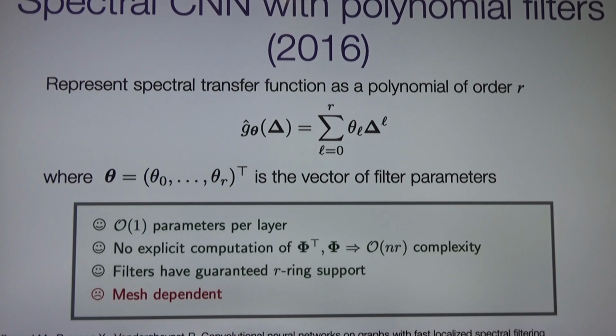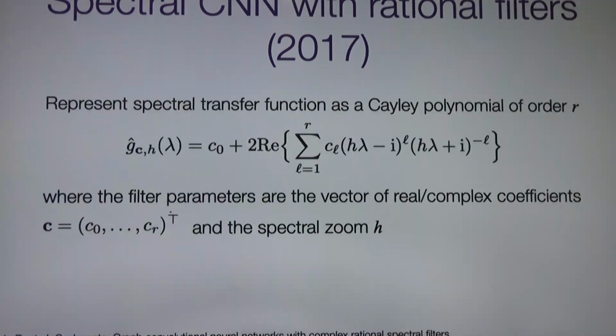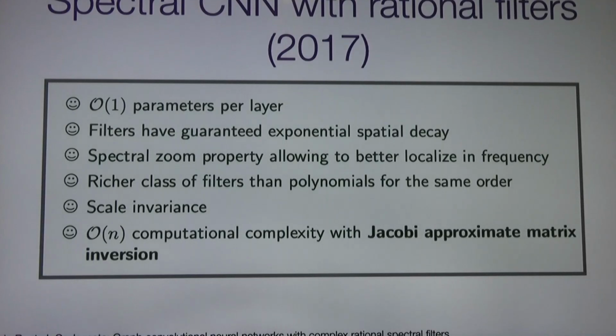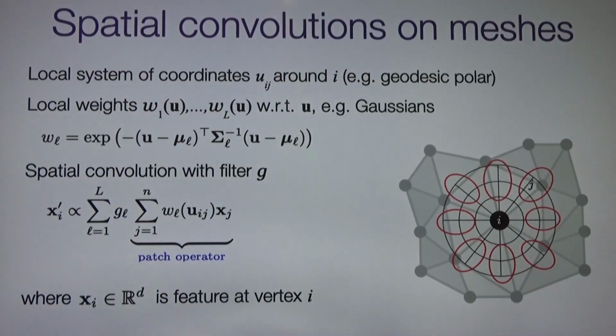I will not talk in detail about that, especially given that I don't have enough time. But you can imagine working in the spectral domain with polynomial filters, with rational filters, and so on and so forth. And some of these networks have clear advantages. For instance, it only costs you O(1) parameters per layer, and has scale invariance and so on and so forth. But I will be working with spatial convolutions,